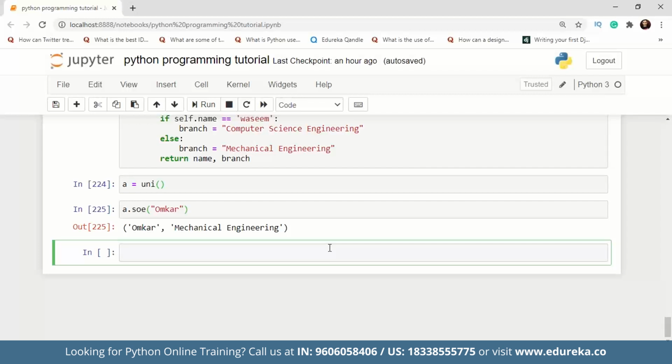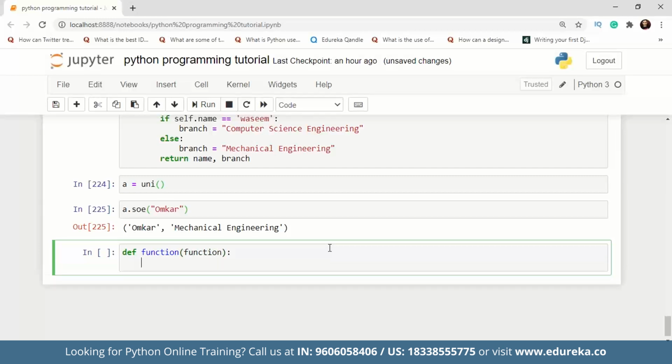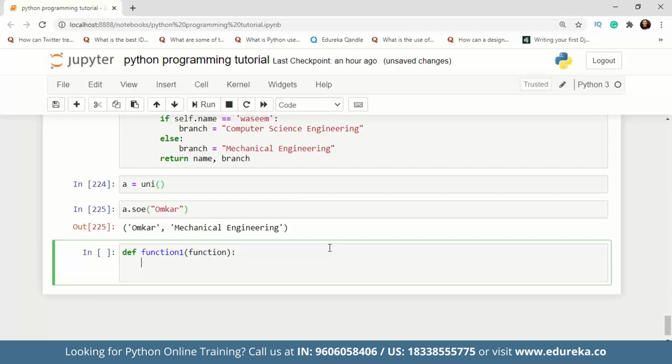As I've already told you, a decorator will wrap another function and modify its behavior. So we will understand this with a basic example, guys. We'll take a function first, and using this function we are going to pass a function as the argument. Let's call it function1. This will be the argument that we are passing. Function as an argument, guys. You heard me correctly. You can also pass a function as an argument.